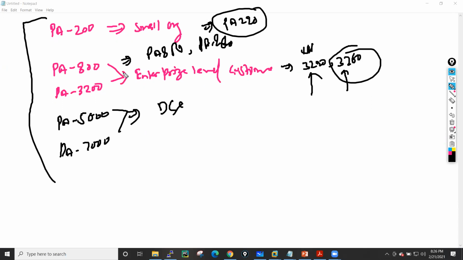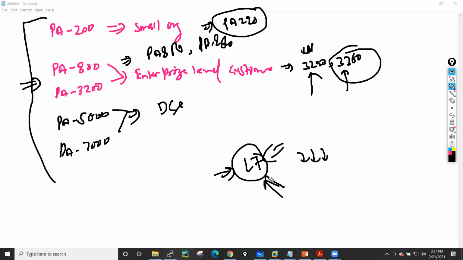So when we are designing any kind of solution for an organization, we first have to see what the throughput is and what features we have to use on Palo Alto. Because if we use all the layer 7 features of your Palo Alto device, maybe they will decrease the throughput. Let's say we are using SSL decryption, App-ID, and Content-ID; with all these features, throughput may be a little less. So in those scenarios, we have to think about what features we want to enable and what the throughput is. According to that, we choose our devices.